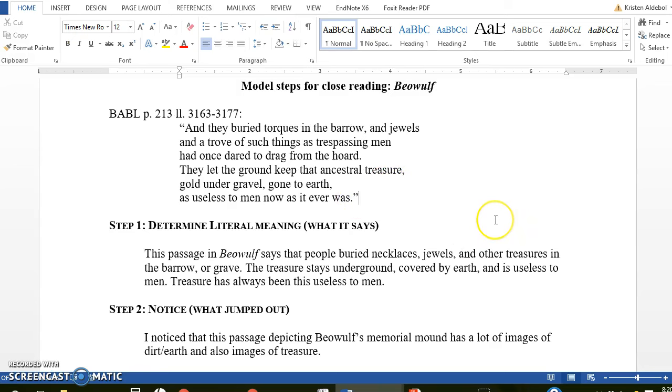There we go. So the passage is at the very end of Beowulf, and it's the story of the guy who's thinking about discovering a burial mound. And he says, "And they buried torques in the barrow, and jewels, and a trove of such things as trespassing men had once dared to drag from the hoard. They let the ground keep that ancestral treasure, gold under gravel, gone to earth, as useless to men now as it ever was." Now, the first step of close reading is to determine the literal meaning, and this is what